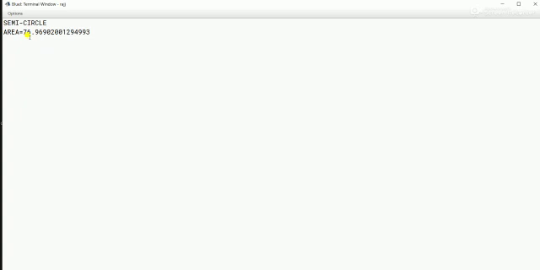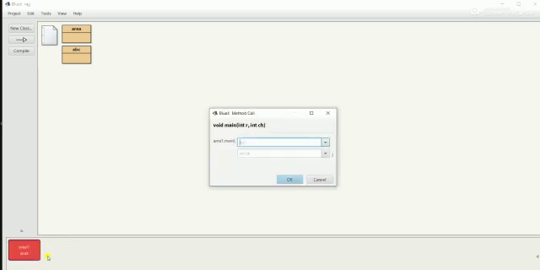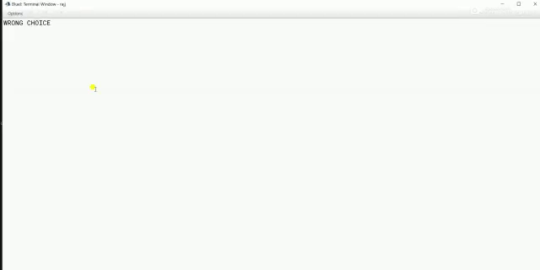Suppose I give a wrong choice. Control K is the shortcut to clear the screen. Okay, now I give some wrong choice. So what is my wrong choice? Main function. Yeah, I gave radius as 14, and for choice I gave a strange value, that is 25. There is no condition equivalent to 25. During that time, the else block executes, and the else block is just wrong choice. Is it displaying any area? No. Why? Because